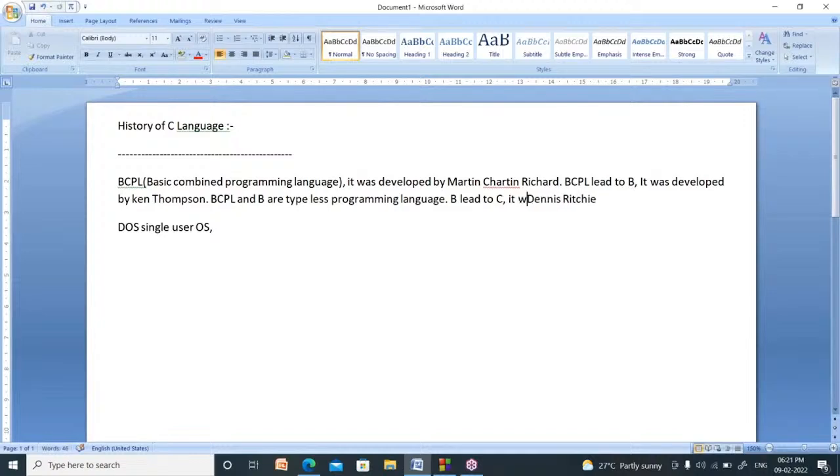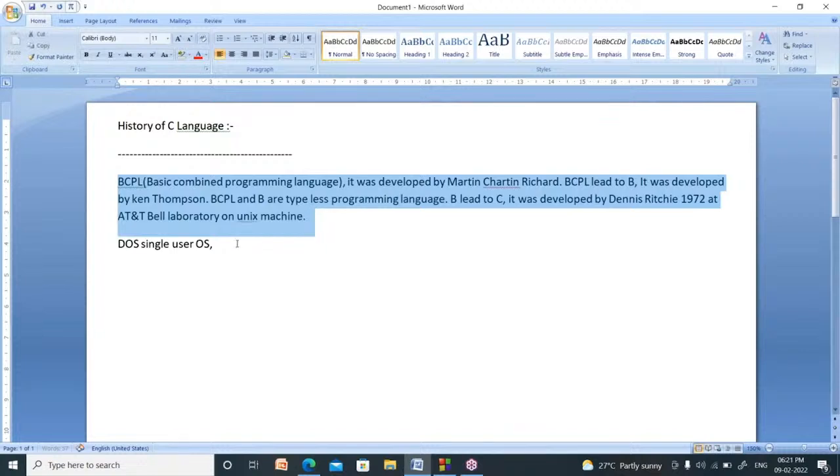It was developed by Dennis Ritchie in 1972 at AT&T Bell Laboratory on a Unix operating system machine. It is the brief history of the C programming language.